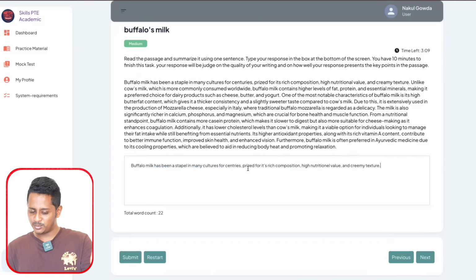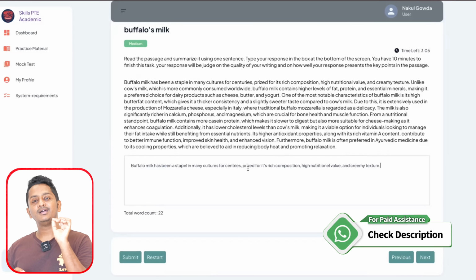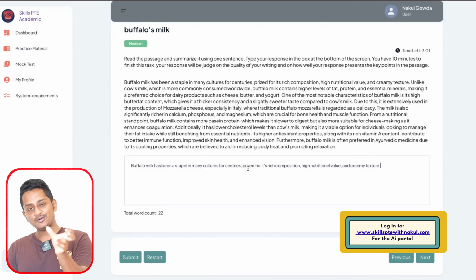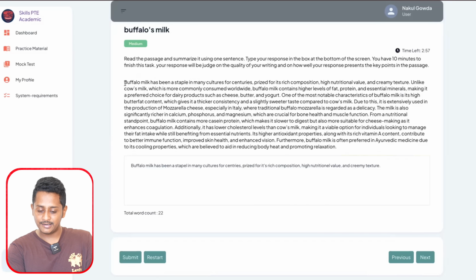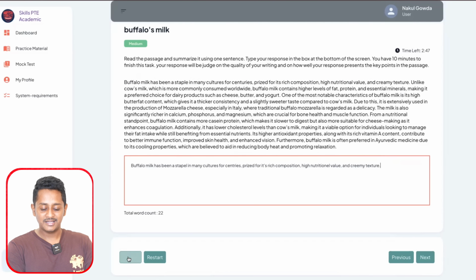You see here, there are so many grammatical errors, spelling errors, where spelling is not counted as a separate entity, but it will be counted inside the grammar for summarized written text. And also the content I'm writing, it's 22 words, but it's covering only the first line of it and nothing more than that. That means probably 10% of the paragraph you have summarized. Entire paragraph is still left. So let's see how much marks do we get.